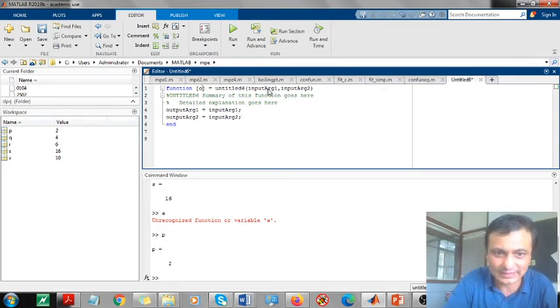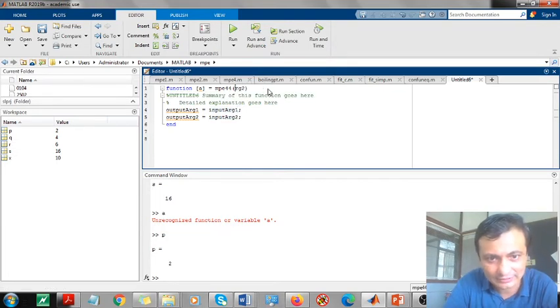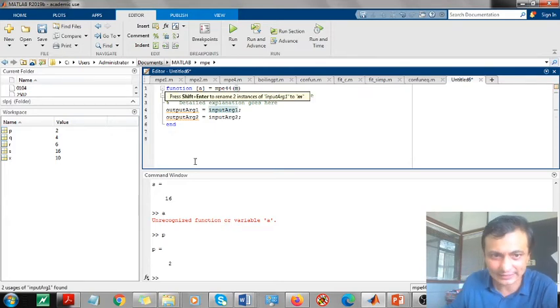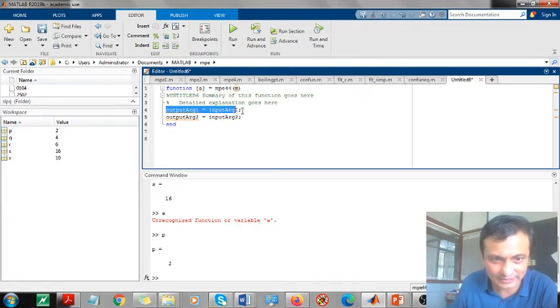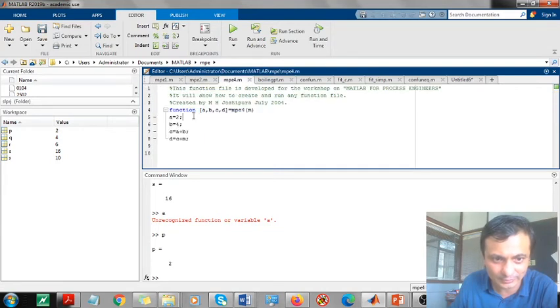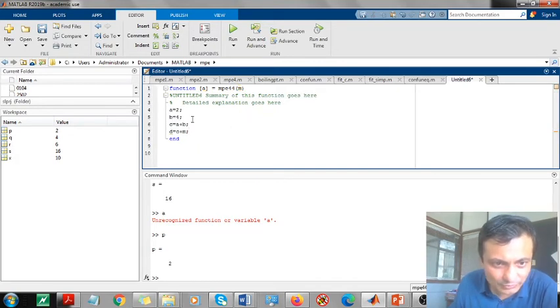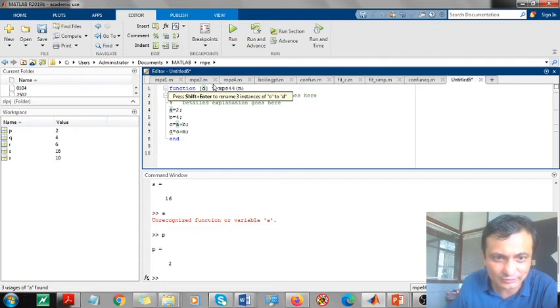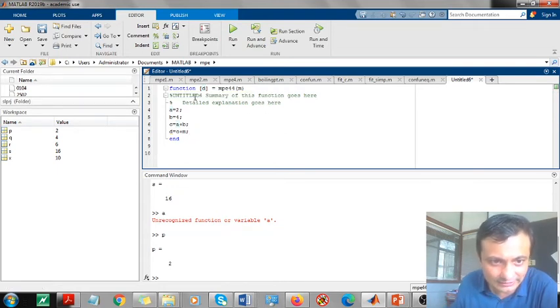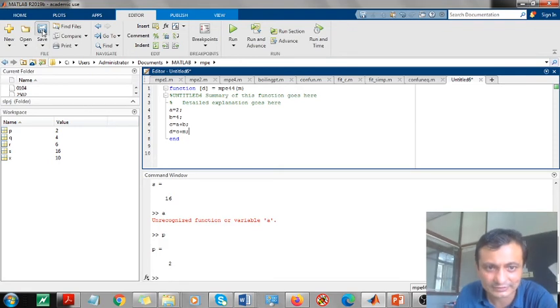Let's write a very simple code, the same code, and I'll write a function mpe44, and the input argument is m only, right? And I'll write here the same statements which I've written in mpe4. I'll copy them here to mpe44. I'll replace this. So a equals 2, b equals 4. Let me put this here as d. Let d only be the output. So this is how I run, and when I save it, just see what happens.